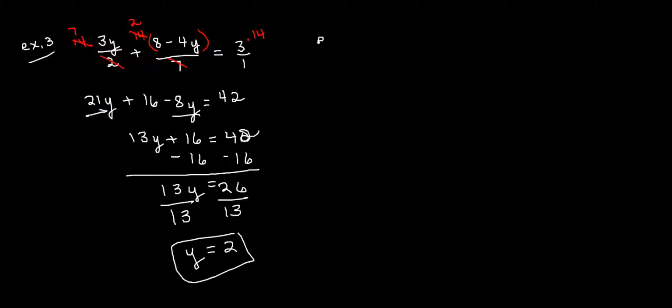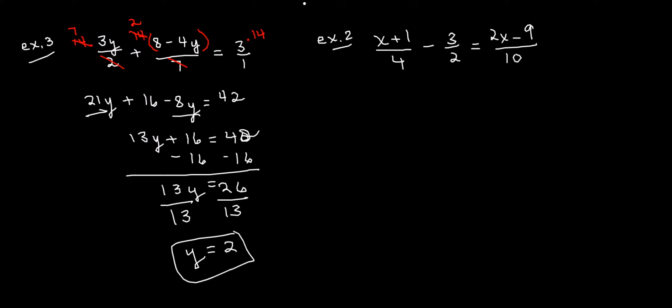Okay, last one, similar idea. It's x plus 1. Note the binomial in the numerator. Minus 3 over 2 equals 2x minus 9 over 10. Okay, we got double binomials going on there. Okay, we're going to find the lowest common denominator. What do 4, 2, and 10 all go into? They all go into 20. So it'd be 20. So we're going to take,